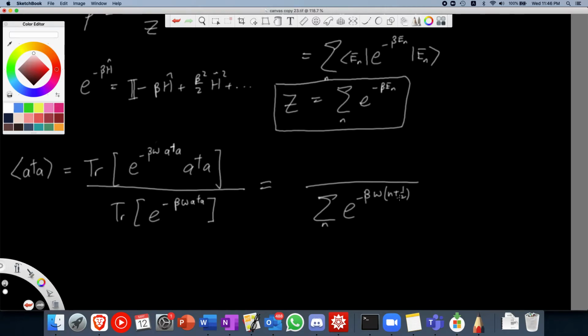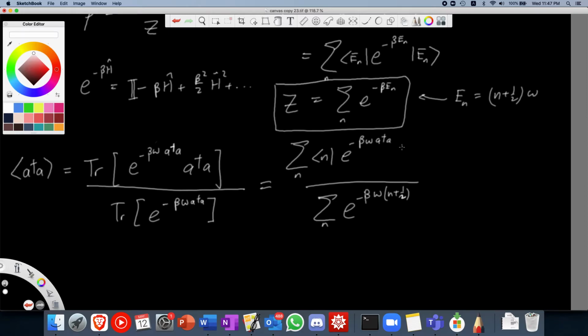So we know that all the energy eigenvalues for the quantum harmonic oscillator are (n plus half) omega, as a factor of h bar, and we set h bar equal to 1. So what's the numerator now? What basis would be smart to choose to trace over? We choose the number basis. So it's just the number eigenstates, and we do this,